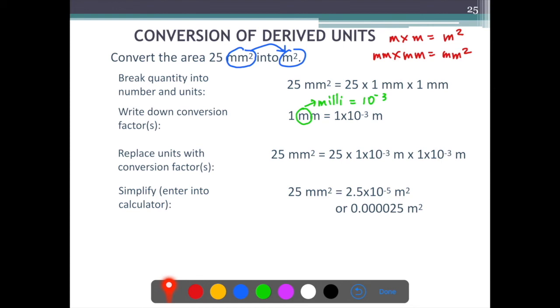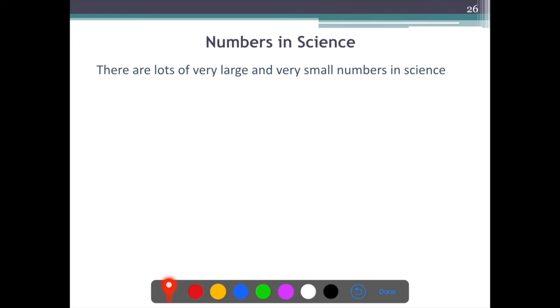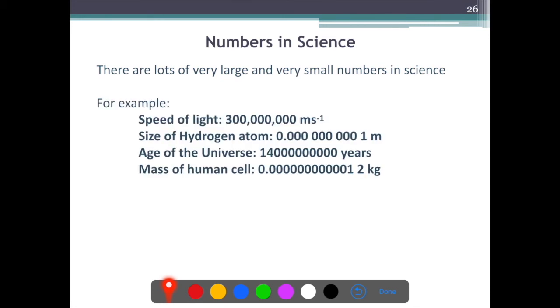Okay, so 2.5 times 10 to the negative 5 can also be written as 0.000025. It's quite a small number with a lot of zeros. And in fact, in science, there are lots of very large and very small numbers that you will encounter. For example, the speed of light is